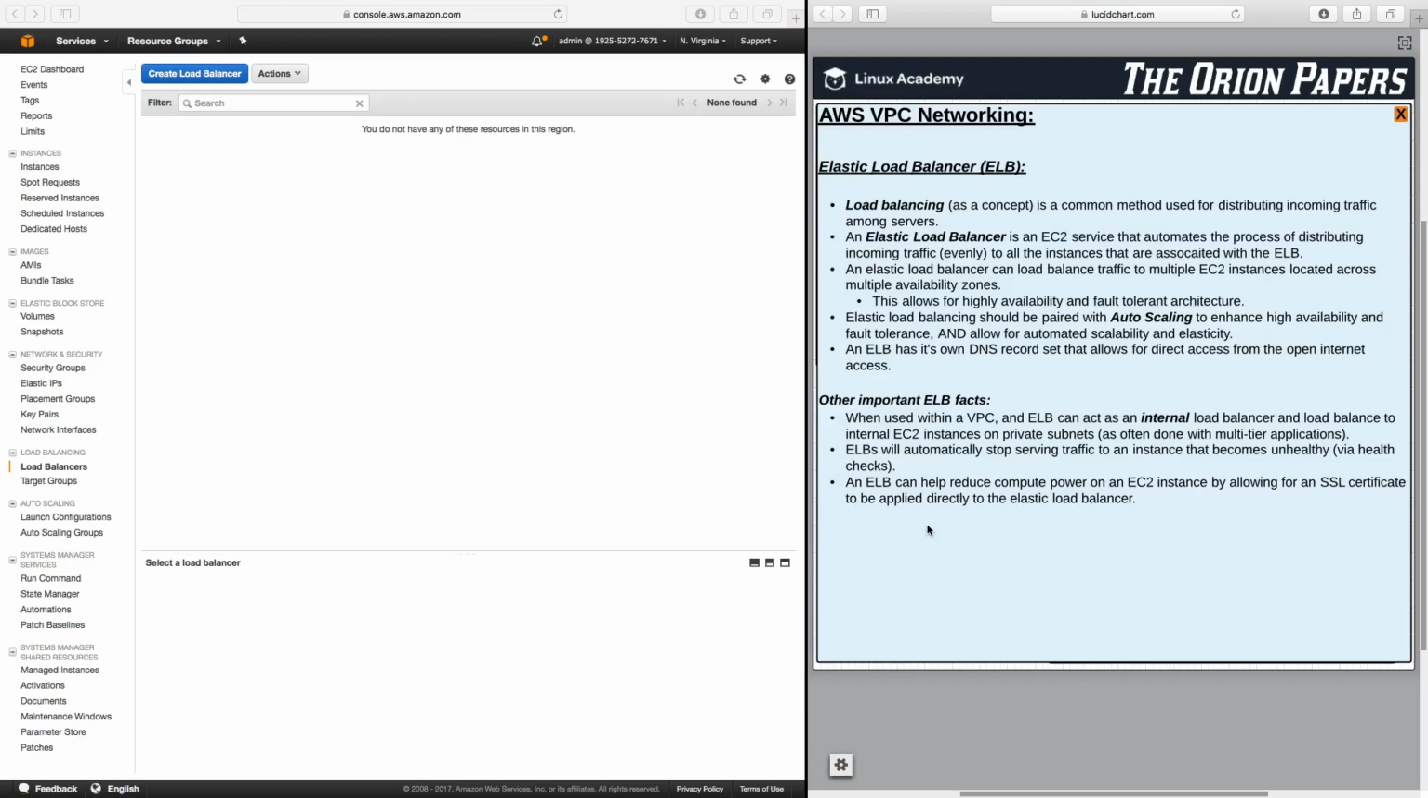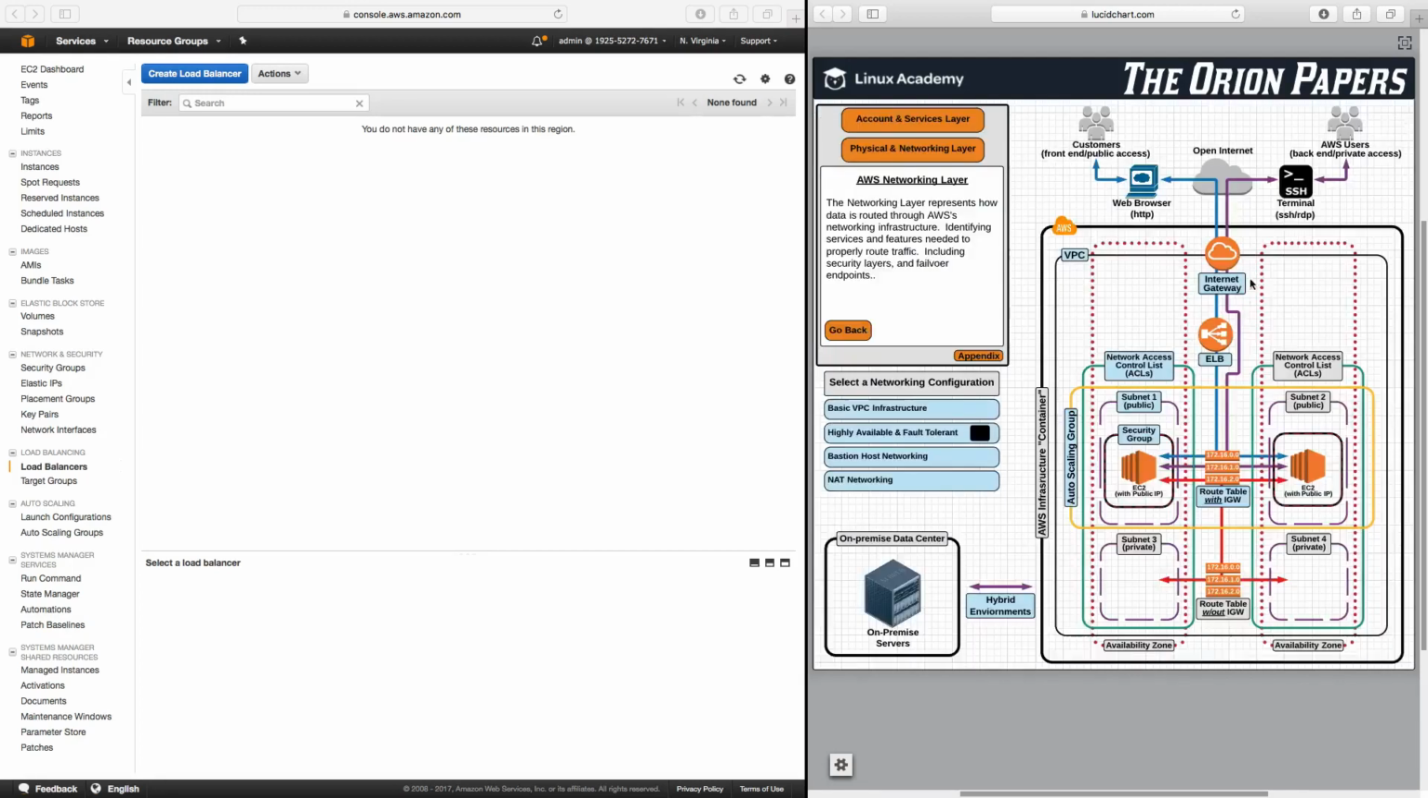But what we can do is apply it directly to the elastic load balancer, and the elastic load balancer will handle all of that compute power, then send the authenticated traffic on to either EC2 instance. Okay, so now that we have a good understanding of what an elastic load balancer is, let's now talk about